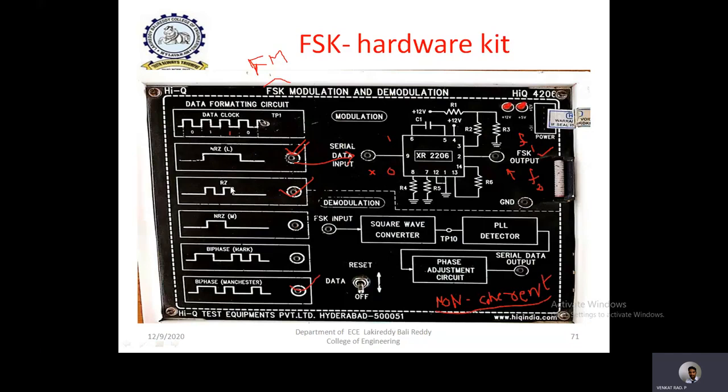Whenever there is the term return to 0, the binary 1 is represented with a high pulse and then returns to 0. That means in the middle of the clock time period, this high pulse is going to return to 0. But in the other case it will not return to 0 until the complete clock time period. For example, this 1 is appearing during this clock time period. This is only an example. Here I am taking 0 1 1 0 as an example.